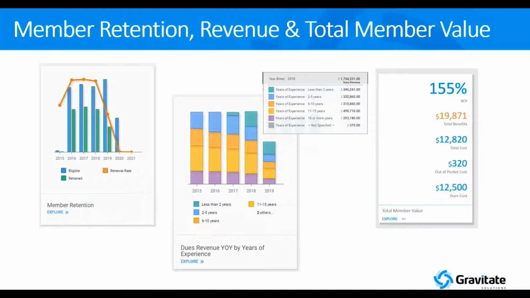The third example that Brandon will show you today will focus around member retention, revenue, and total member value. The problem is that clients cannot effectively measure their retention, the composition of their revenue, and the total value they provide their members with the types of tools they have. And as you know, AMS systems are inherently bad as transactional systems to be able to do snapshotting and trending of data. So the solution for these organizations was to implement Nucleus with snapshotting and, for total member value, to